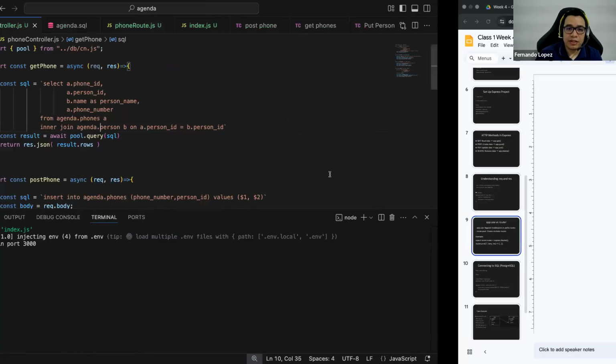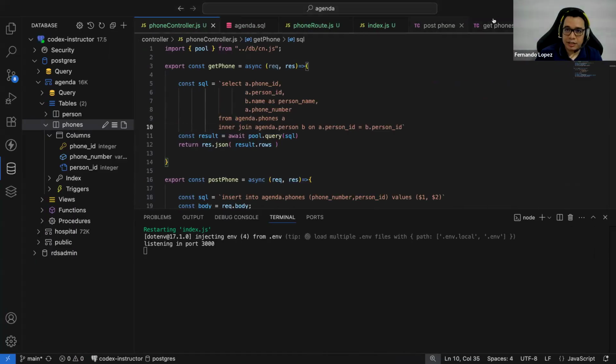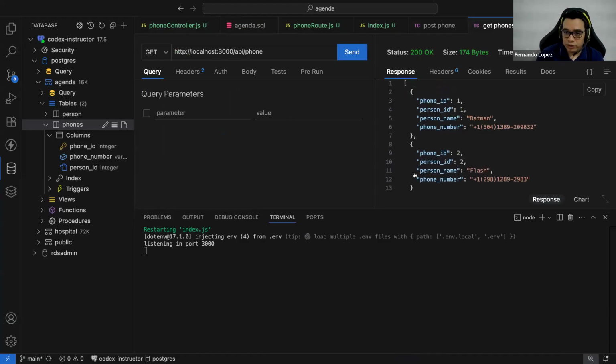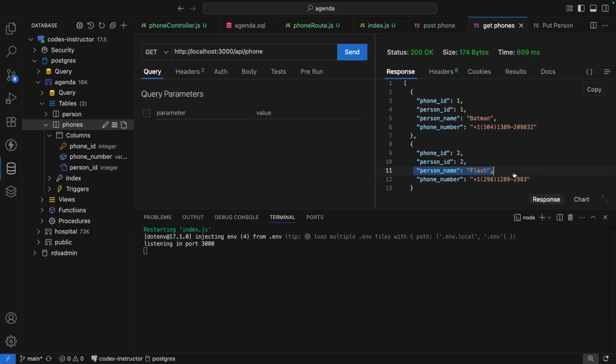So let me save it and let's try it again. Now, as you see, we have the name of the owner, Flash. I think it's easier to read. We don't need to remember the ID of Flash from now on because we have the query that helps us to identify who's the owner of that ID.